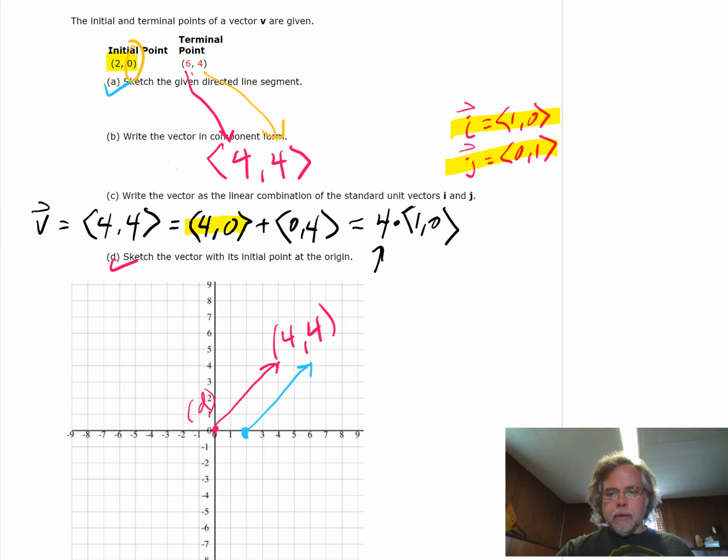Because when we multiply a scalar, which is the word we use for a number in this topic, times a vector in component form, we multiply that scalar, the number 4 in this case, times each of the coordinates. And so 4 times vector (1, 0) is going to be the number 4